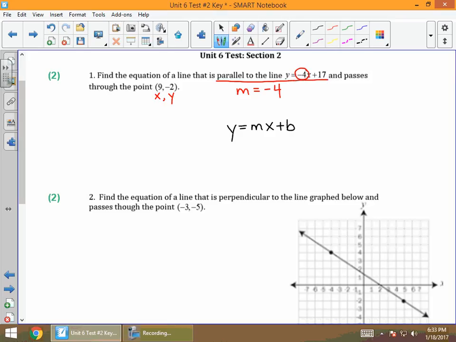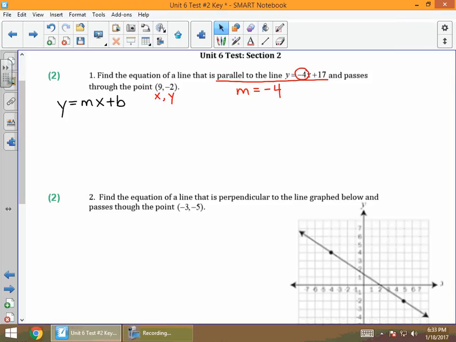So I told you you get a point for m and a point for b, and I know m, so I have one of my 2 points. How do I find b? Well, in order to find b, I actually take this equation, y equals mx plus b, and I plug in the things that I know. I know my y value is negative 2. It says right here, right? If you look, the y value is negative 2. So that's negative 2. That's equal to the m value, which I see over there is negative 4, times the x value. The x value is 9,